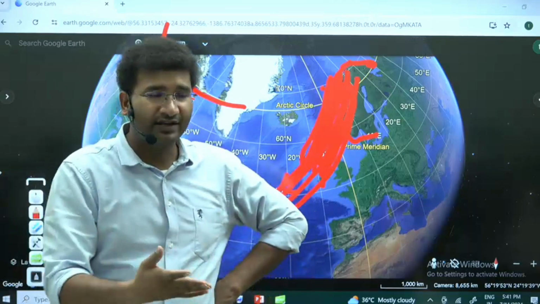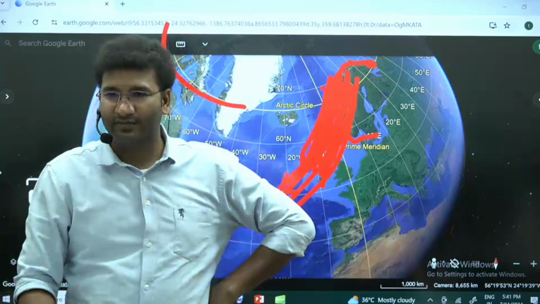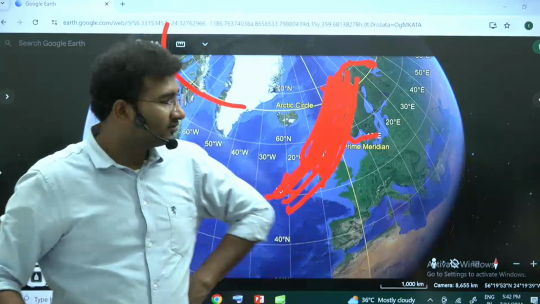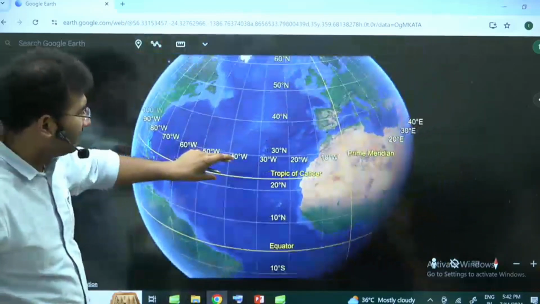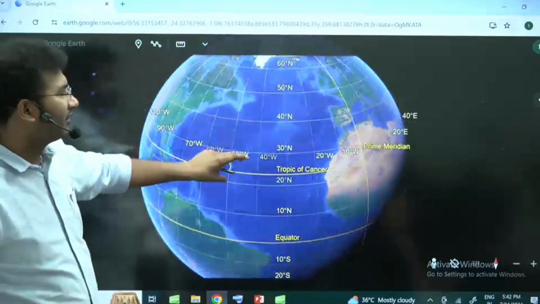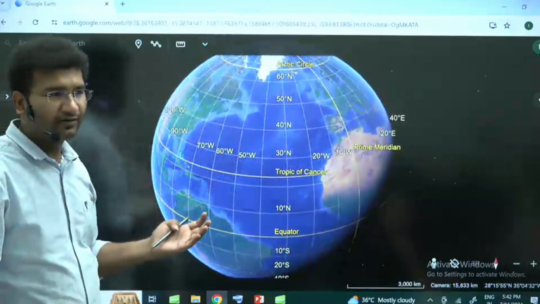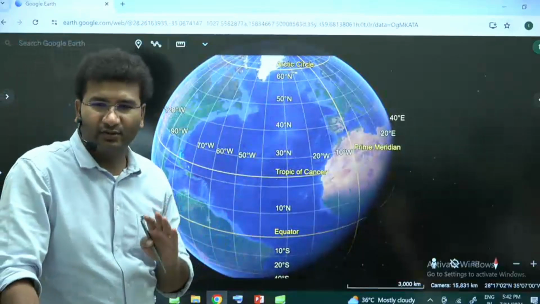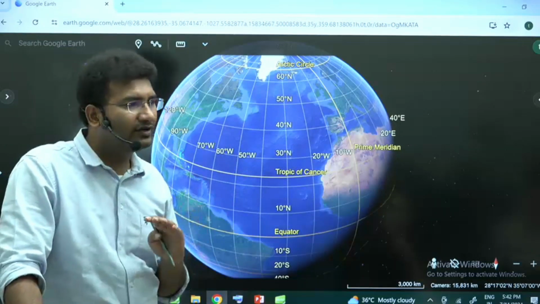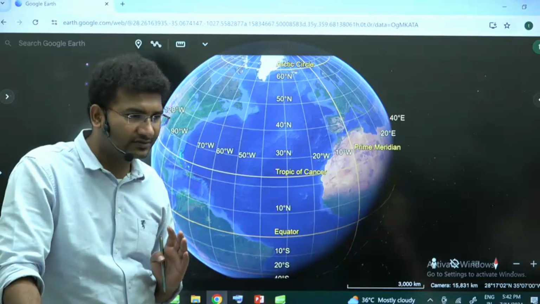Or else they have to find another alternative routes. Right? That should be the way. So in totality, the winds play a vital role as well as the currents play a vital role. And our earth has a unique set of moving water. That continuous moving water is called ocean currents. And today we will try to understand the ocean currents.